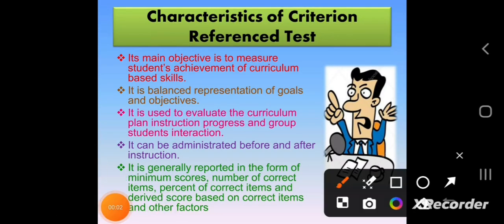Characteristics of Criterion Referenced Test. Its main objective is to measure students' achievement of curriculum-based skills. The primary goal of CRT is to assess how well students have mastered specific skills or knowledge defined by the curriculum. Next, balanced